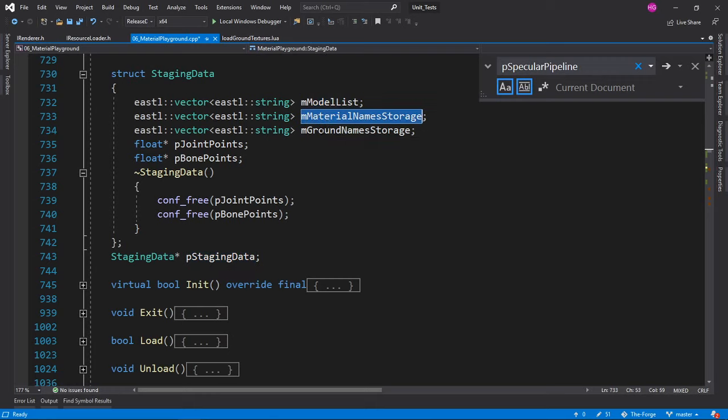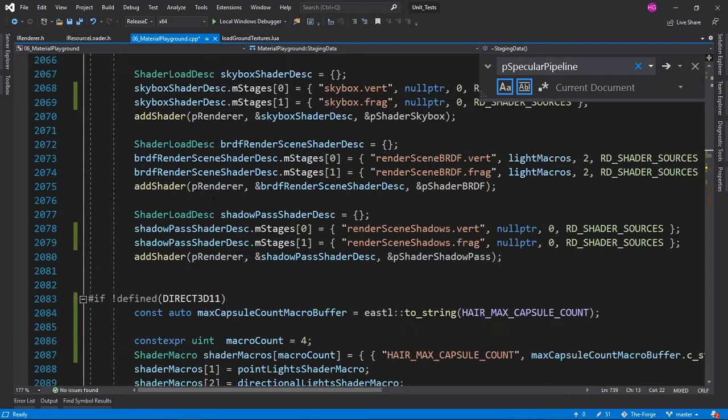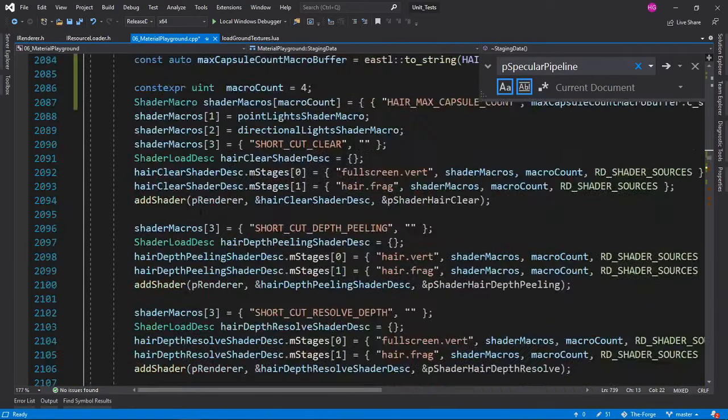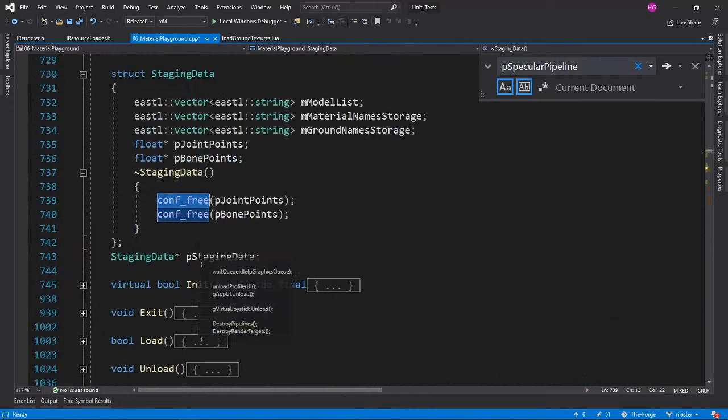It contains model list, material names, blah blah. This is not good, guys. This is not a good thing to do here. And it uses conf free here. We had a conf new there. So what are these conf free and conf new? I don't know. Let's check them.